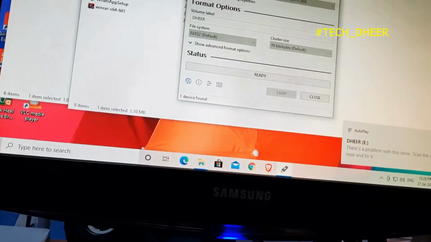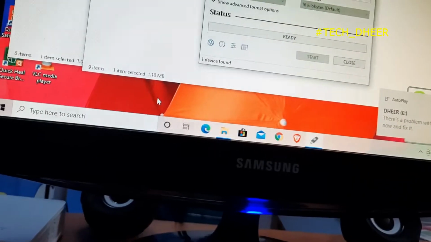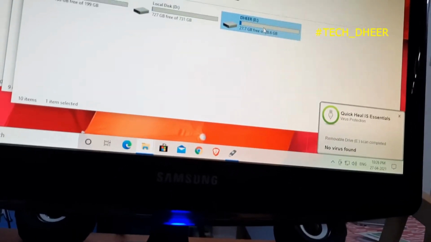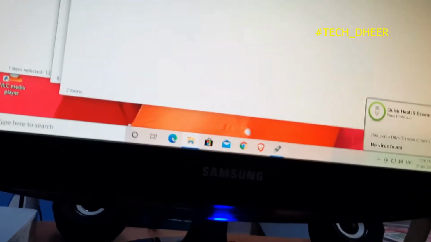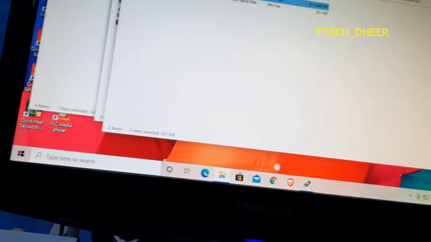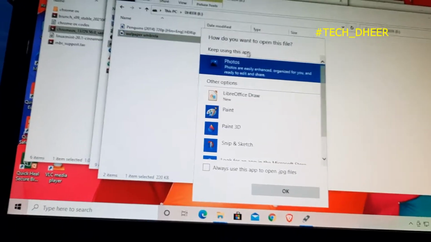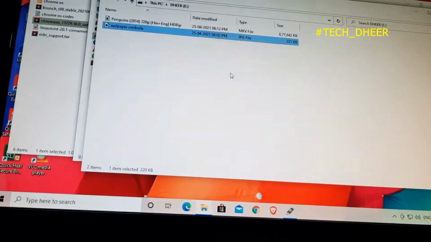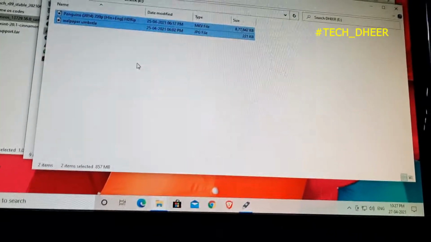Here, first click on This PC, click on your USB drive and check whether your drive is empty. It should always be empty. I have a film and a wallpaper here, and I don't need these two files.